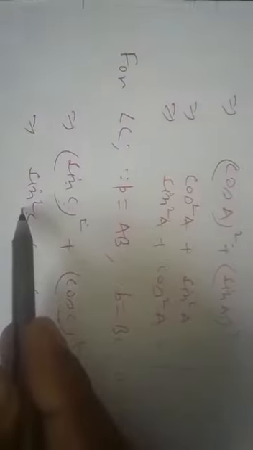Again we see that sine C to the whole square plus cos C to the whole square we can write for BC by AC and AB by AC respectively, and the square of sine C will give us sine square C, and the square of cos C will give us cos square C. Then what do we get again? That sine square C plus cos square C is equal to 1. Therefore we get our first identity, which is sine square theta plus cos square theta is equal to 1.